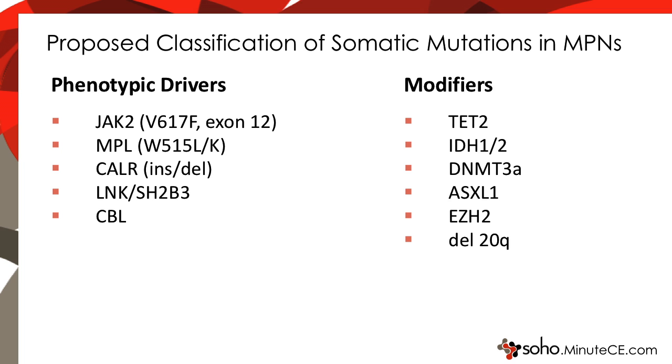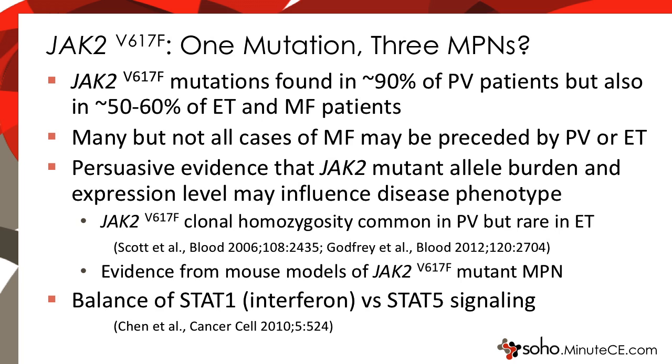These genes, when they're reintroduced into mouse stem cells, do not recapitulate, by and large, the MPN phenotype, but instead may have other phenotypes. For instance, TET2, IDH1 and 2, and DNMT3A, when introduced into mouse stem cells, all increase stem cell self-renewal, but do not cause a myeloproliferative phenotype, and hence they would be placed in a category known as modifiers. Another thing where mouse models have been found to be useful is to try to answer the question